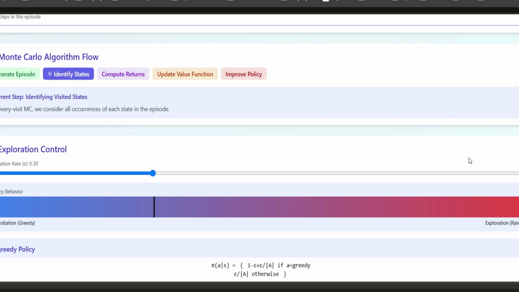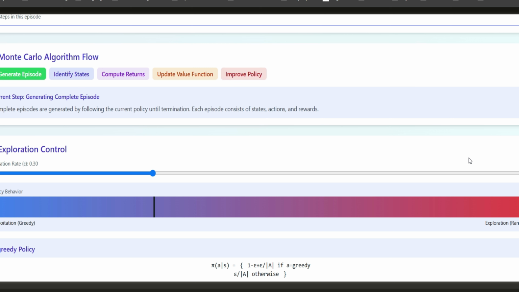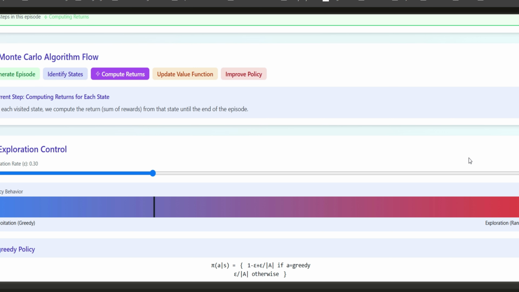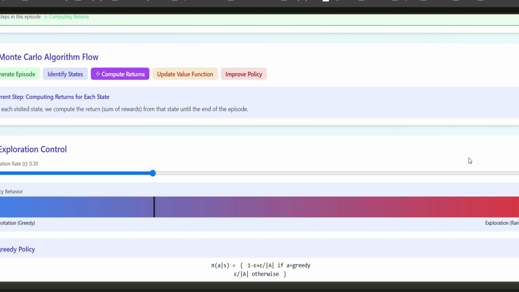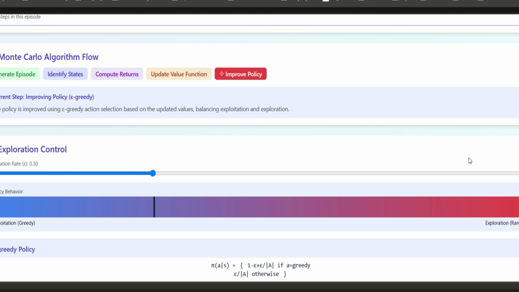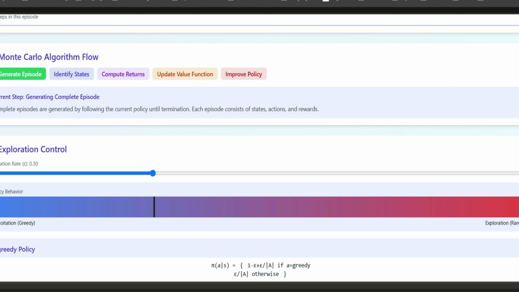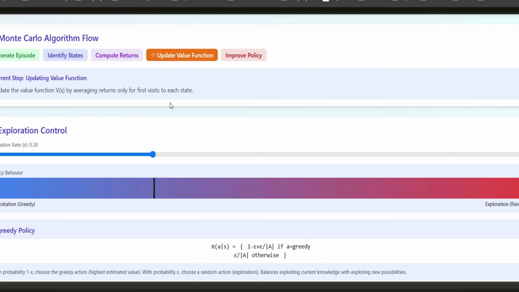We start with generating an episode, and what does that mean? The agent starts from some state, takes actions based on the current policy, and keeps going until it hits a terminal state or until the episode is considered done. During this, we record all the states it visited, the actions it took, and the rewards it got. That's our raw experience. Next comes identifying the visited states. Now, if we are doing first visit Monte Carlo,